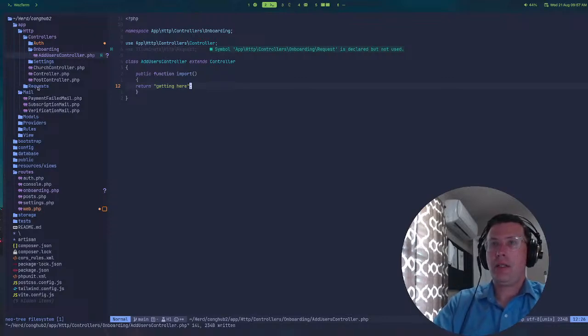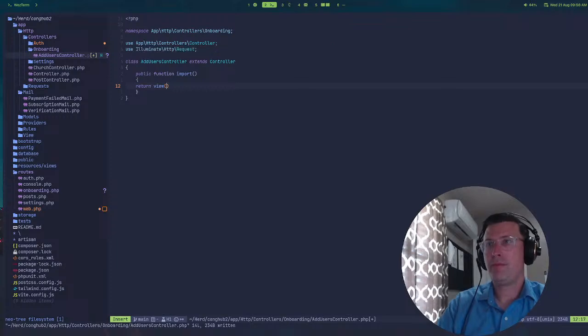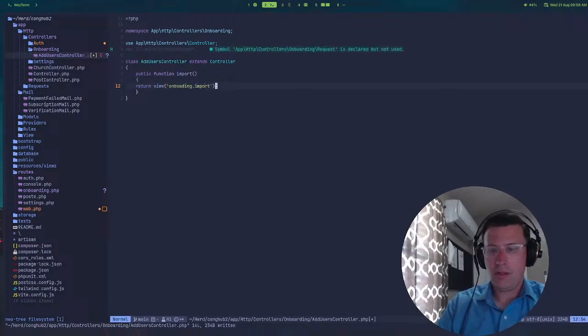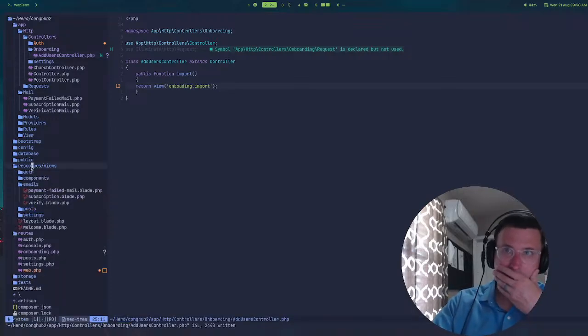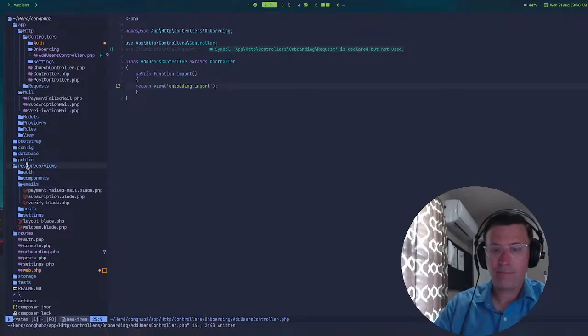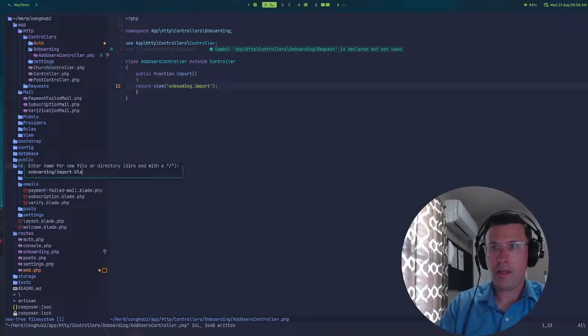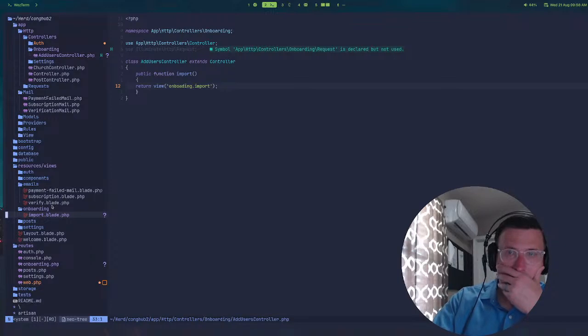Let's do this. Return view, and we're going to call this onboarding.imports. All right, and then in my resources views, we're going to create a new folder. Onboarding /import.blade.php. Let me go into one of my things here,